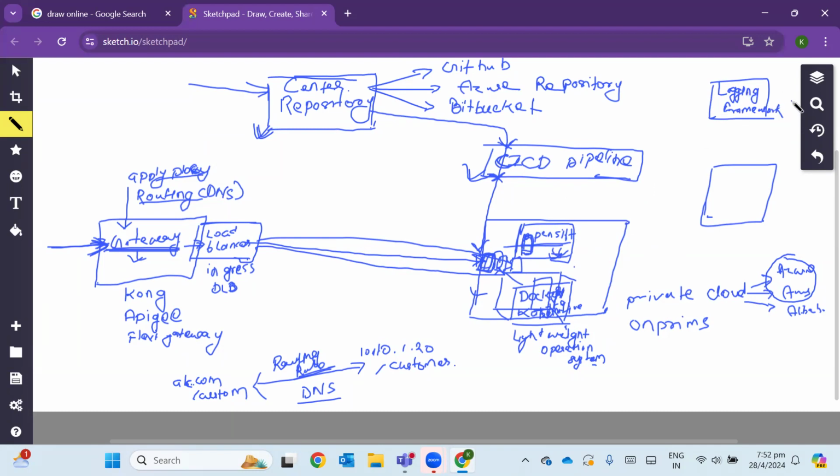And why do we capture this log in a logging framework? Since it has lots of capabilities in terms of search and all. You can filter the log and you can write some script so that logs will be deleted automatically after 1 month. So that kind of capabilities is there. As a DevOps engineer, you need to do this setup. So whenever the development team develops or commits their code, that log should be captured in this logging framework. Okay, that is one thing. Second thing we have, that is